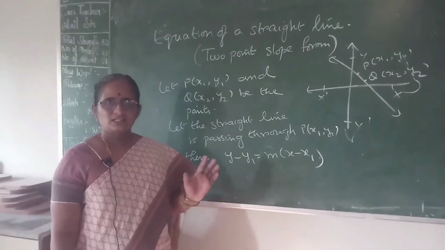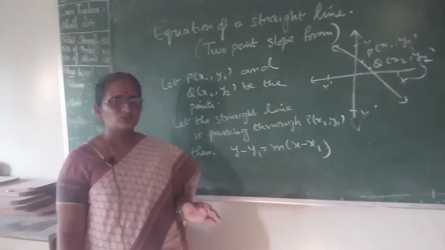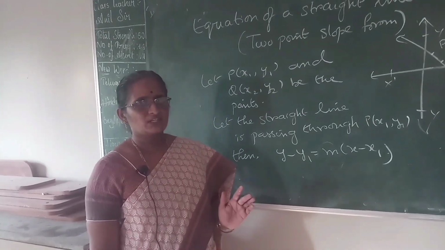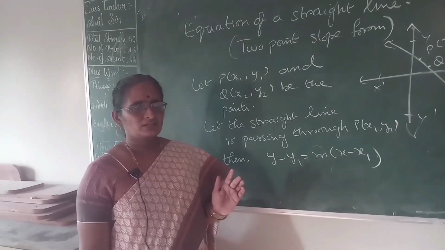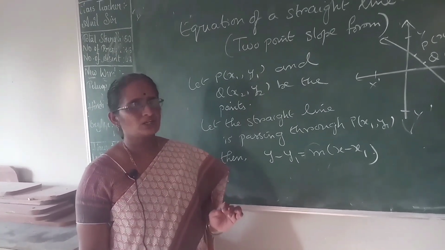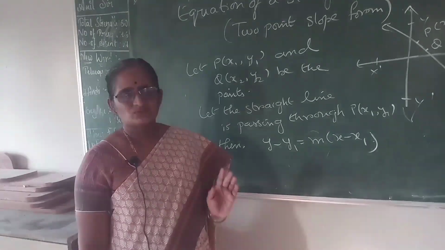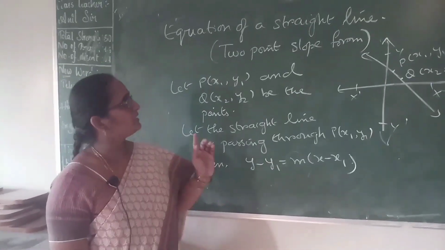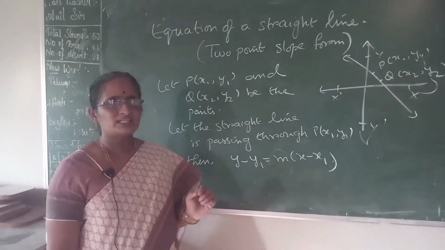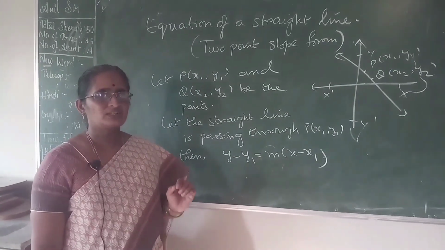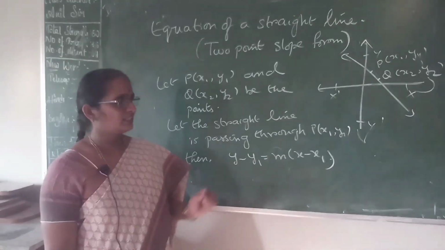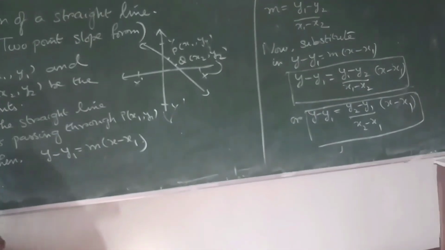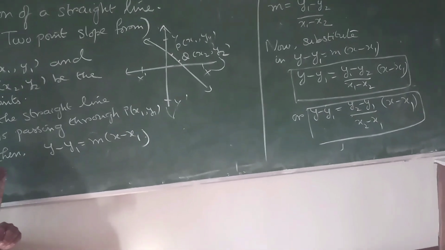Okay children, so today we actually learned about the basic concepts of the straight lines. First thing was equation of x-axis is y equal to 0. Equation of y-axis is x is equal to 0. Then next we have learned about slope intercept form, that is y is equal to mx plus c, very important. Next we have learned about intercept form, that is x by a plus y by b equal to 1. Again we learned 1-point slope form, means when 1 point is given, then the equation is y minus y1 equal to m into x minus x1. Then the last we learned about is this one, 2-point slope form, that is y minus y1 is equal to y2 minus y1 by x2 minus x1 into x minus x1.